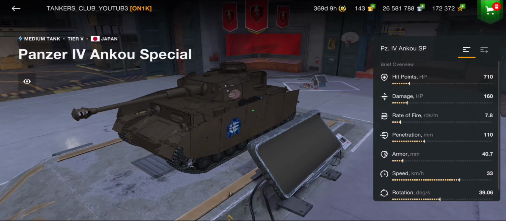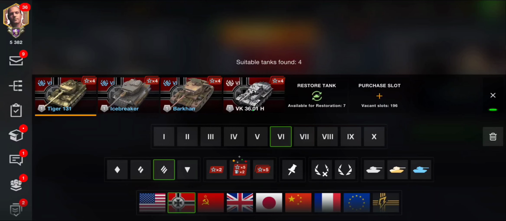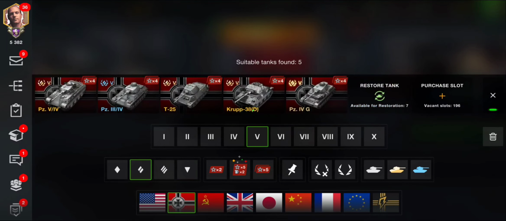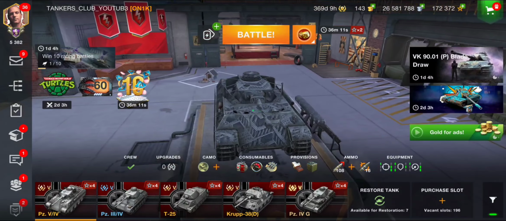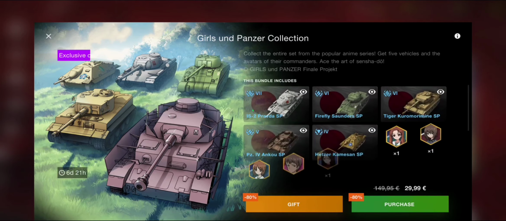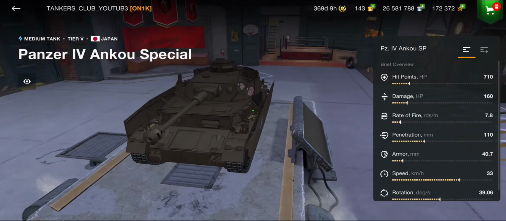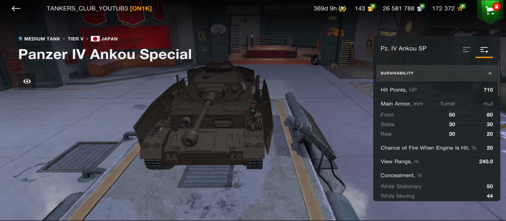The Panzer IV Ankou Special. So it's of course nothing else than what we have already in the game, just with other design. Of course the Panzer IV here in the game. We can see the spaced armor on the turret from the anime series here, got also a spaced armor on the side, okay, but the rest is also nearly the same. 33-39 mobility, and let's see,